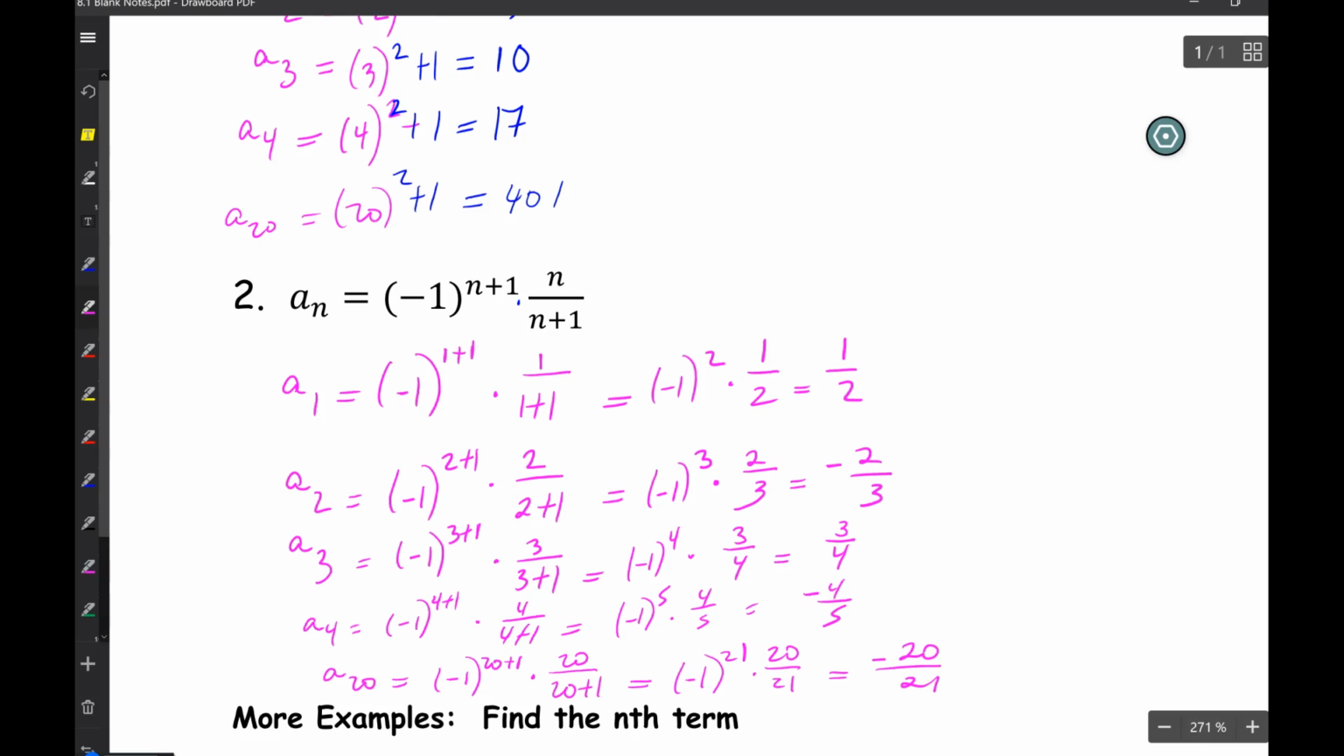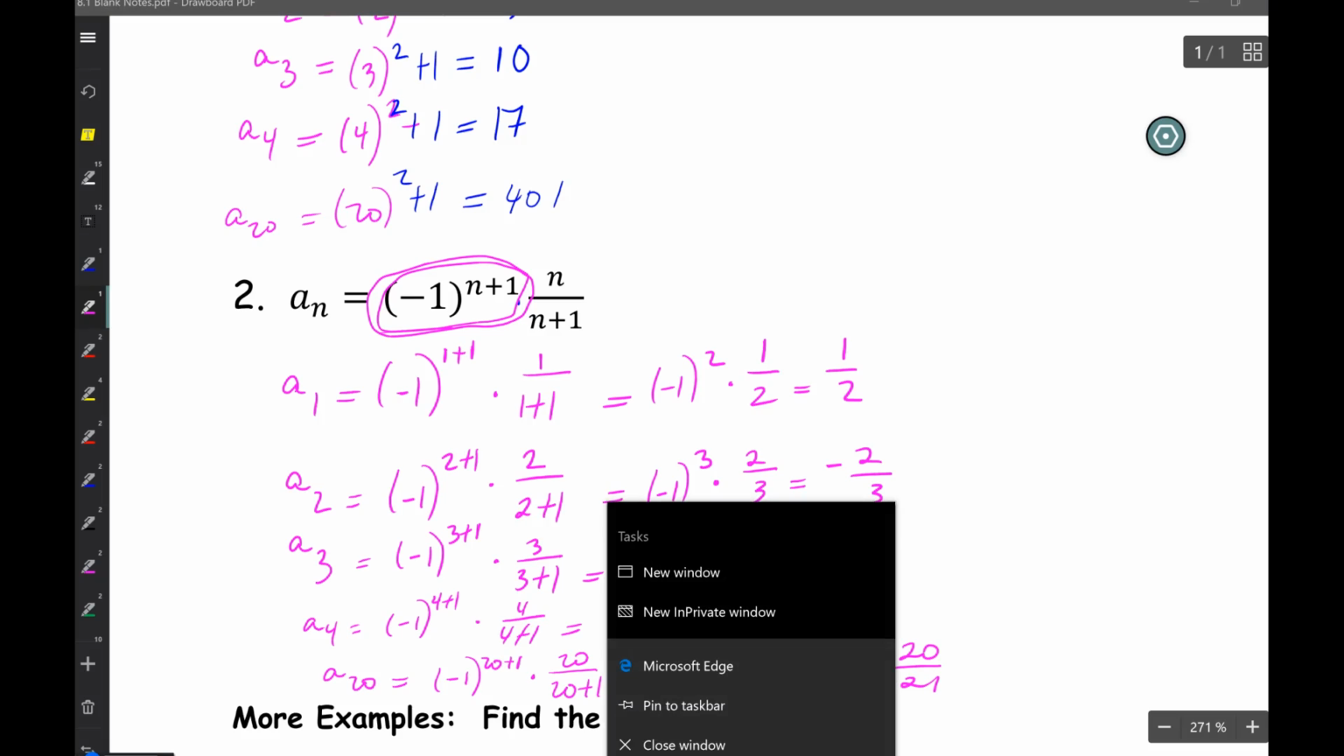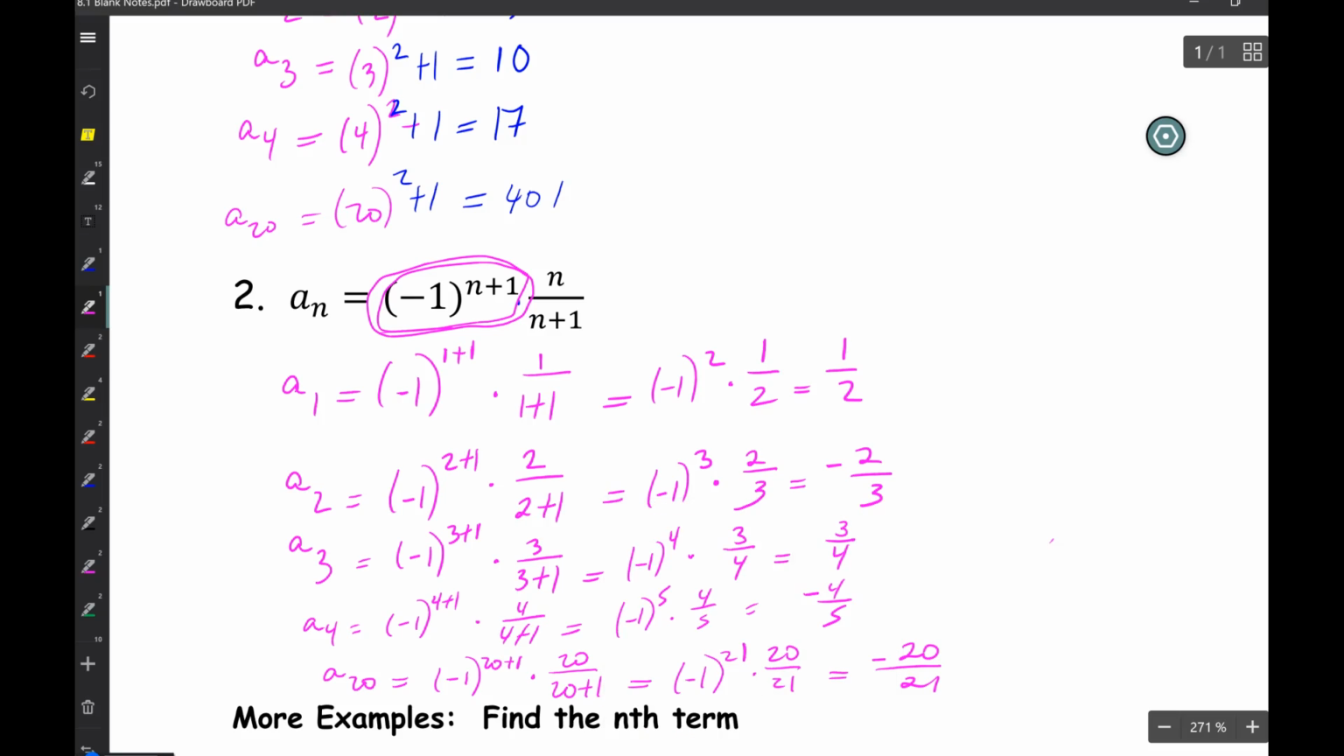First term was 1/2, second term negative 2/3, third term 3/4, fourth term negative 4/5, 20th term was negative 20 over 21. Now before we move to the next example, what did this guy do to each element? Why did they have negative 1 to the n plus 1? What happened when you started working algebraically with that? Yes, this created every other term